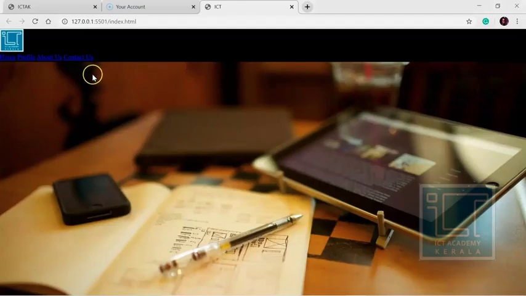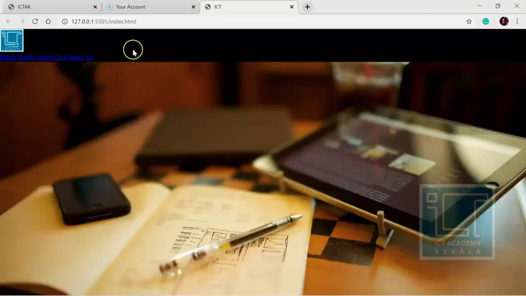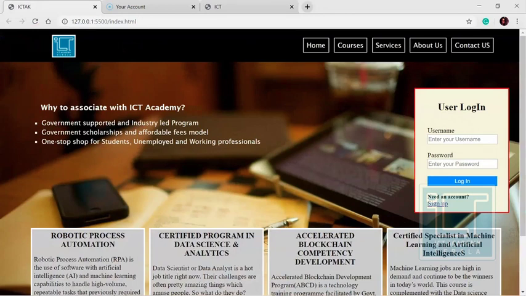So our height has been extended to 5 em. So that's all about the header tag. So header is almost done. Now I have to set this image. I need the image to be almost from here to here. So I think I need to move my image.